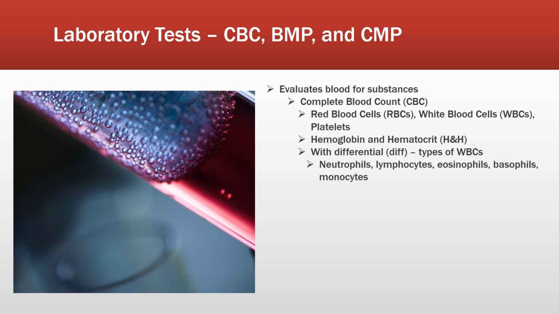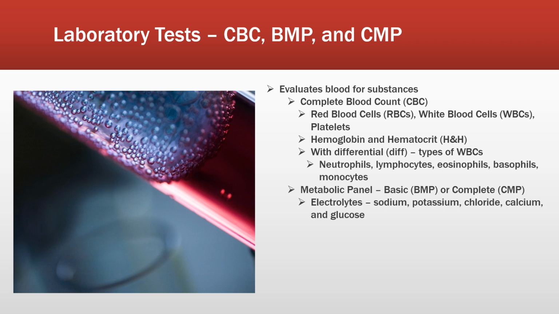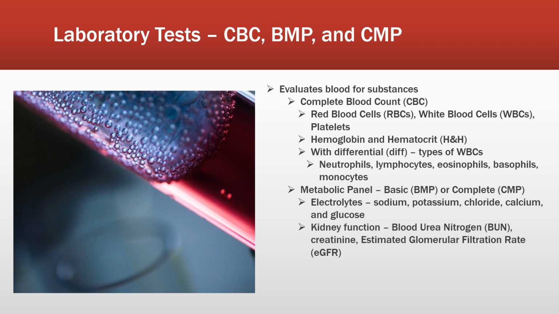Another common blood test is a metabolic panel. This may be a basic metabolic panel, or a BMP, or a complete metabolic panel, which we call a CMP. These tests provide the amount of electrolytes like sodium, potassium, chloride, and calcium, along with glucose in the patient's blood. They also assess the kidney function by measuring blood urea nitrogen, abbreviated BUN, the creatinine, and possibly the estimated glomerular